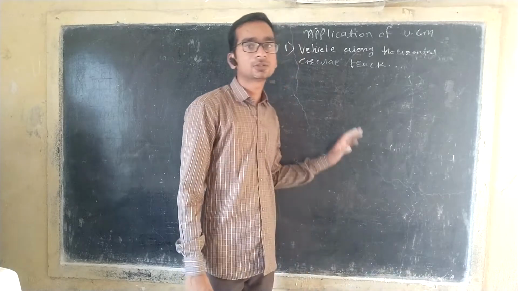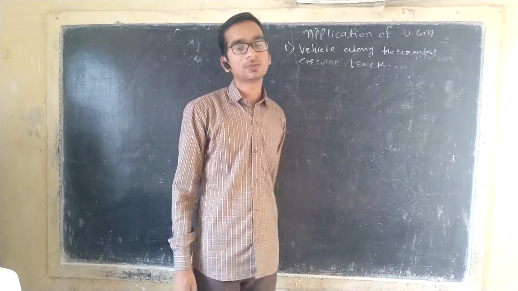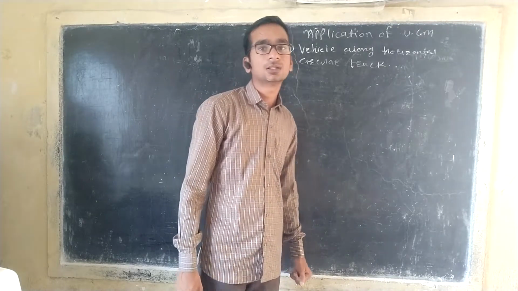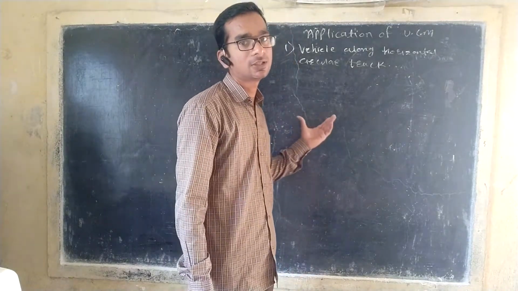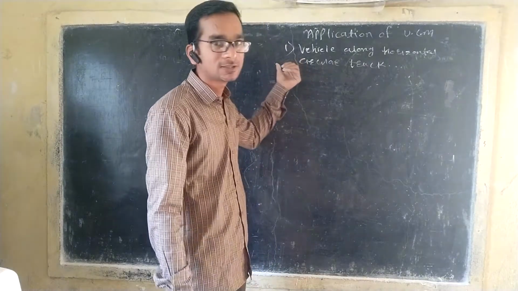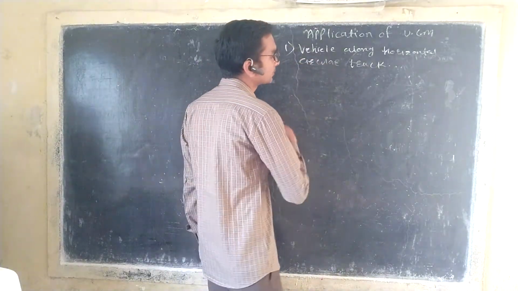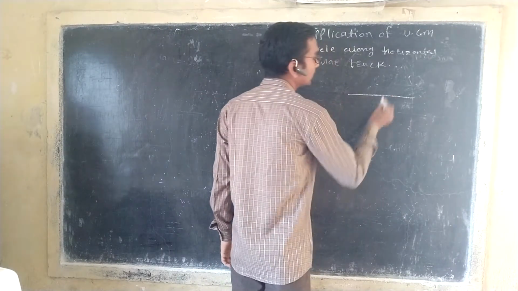So students, we will start with application of uniform circular motion. In this we will study four types of application. From that, first is vehicle along a horizontal circular track. In this we will consider a vehicle